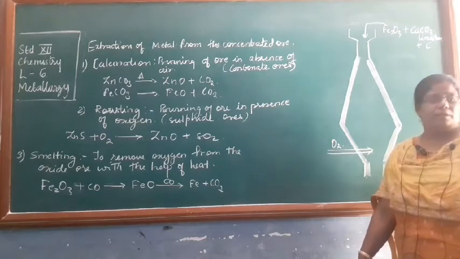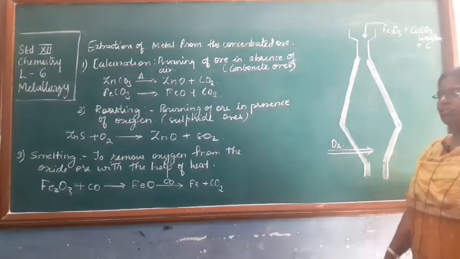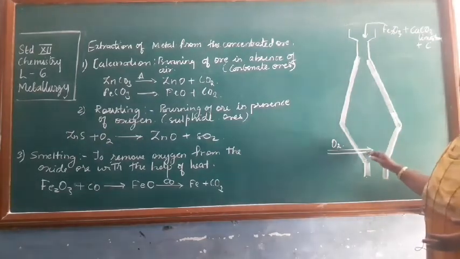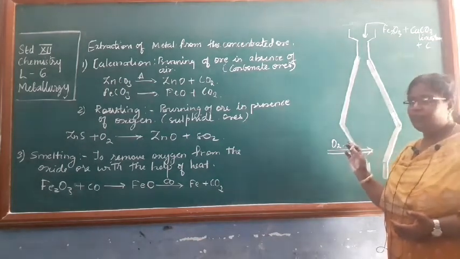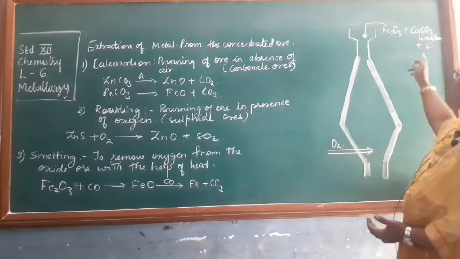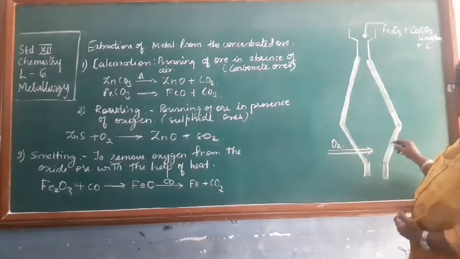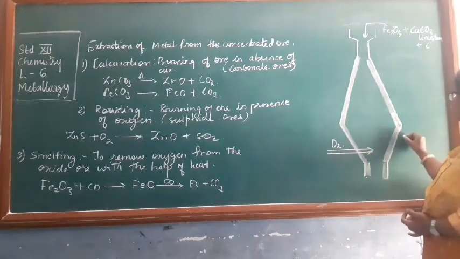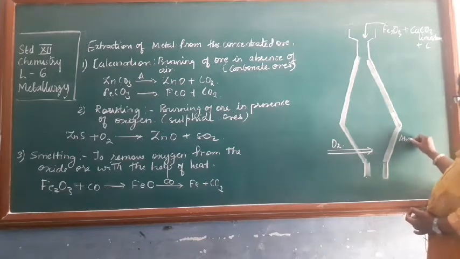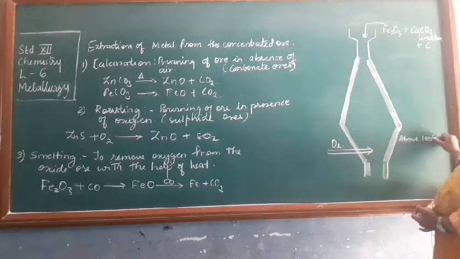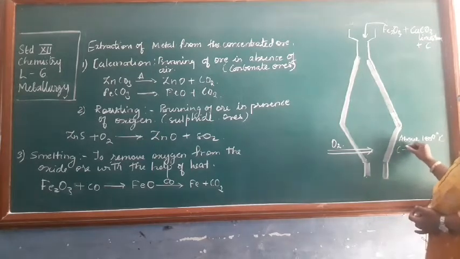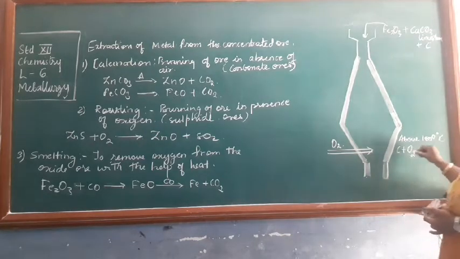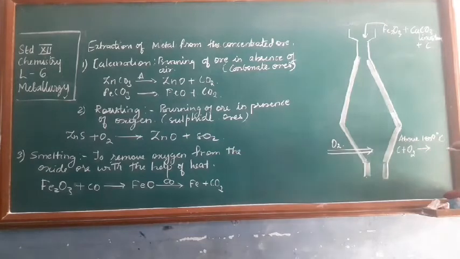Various temperatures are given, at very high temperature, more than 1000 Kelvin. What is happening? Above 1000 Kelvin, the reaction which occurs is carbon reacting with O2 to give CO2,